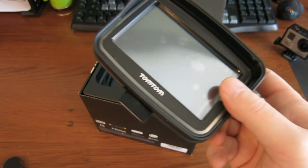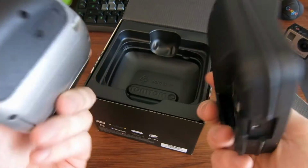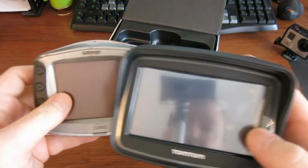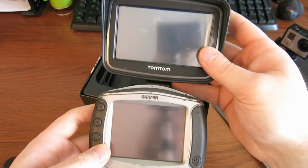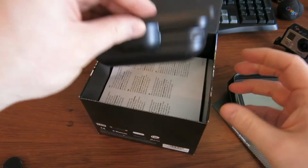I've got my old Zumo 500 there. Obviously that was big and old. I was expecting, mind you, there's a much bigger screen on that, look. Should be nice. Right, let's see what else is in the box underneath the